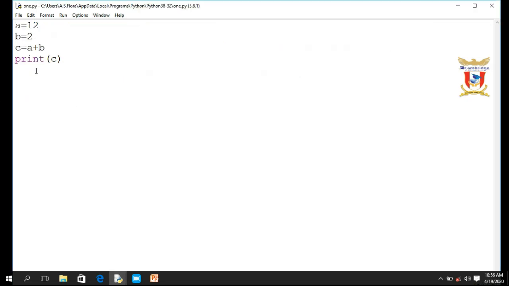The result is 14, but I want to display it like "the sum of 12 and 2 equal to 14". If you want to print some string as it is, you write it inside double quotes: sum of, then the variable names A and B equal to C. In this statement we specify everything inside double quotes.